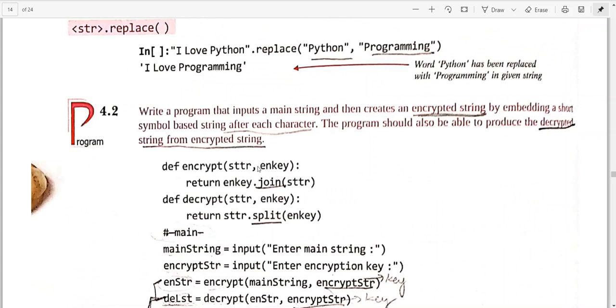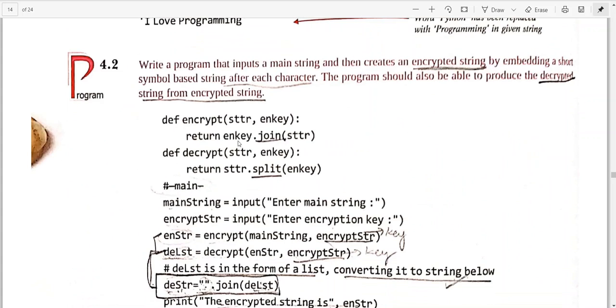So if you are putting additional star, means your H star, E star. Let me write it for you, like you are writing H, and then you are putting star, then in hello, HE, then you are putting star. So this key is your star, and this str is your hello.